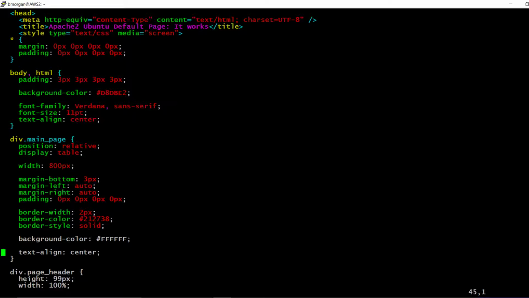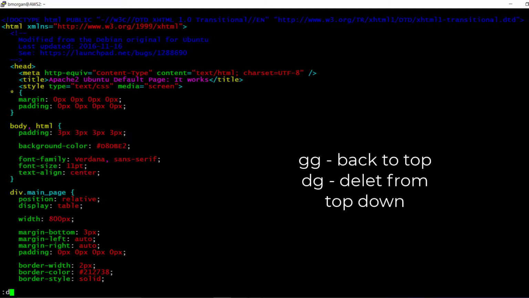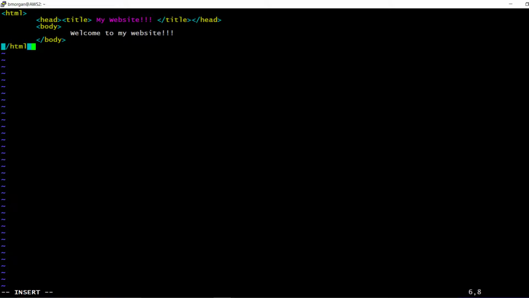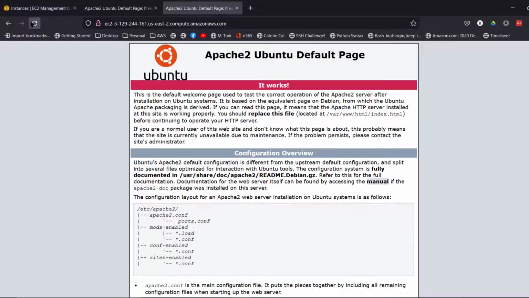And there's a lot of stuff here. And we are going to delete everything from the top down. And now we're going to insert our own HTML. Now that we have the simpler version of the splash screen, we are going to save it, and we'll go back to our web page, refresh the web page, and look, welcome to my website.